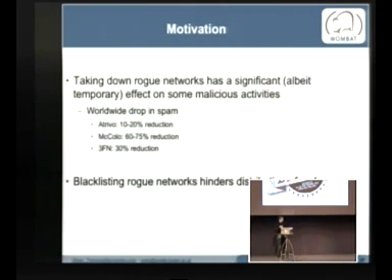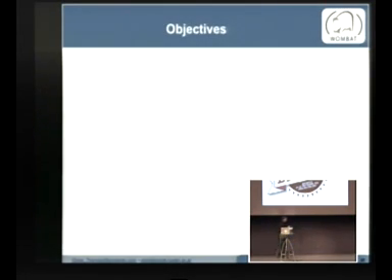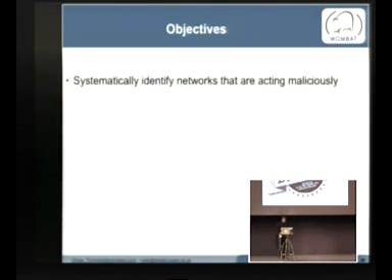Another thing that we can do is create efficient blacklists. So if we see a lot of malicious activity from one network, we can just say, okay, this is probably a rogue network, and we can block all the hosts on this network, even if we haven't seen malicious activity from certain hosts. So we can basically predict where malicious activity